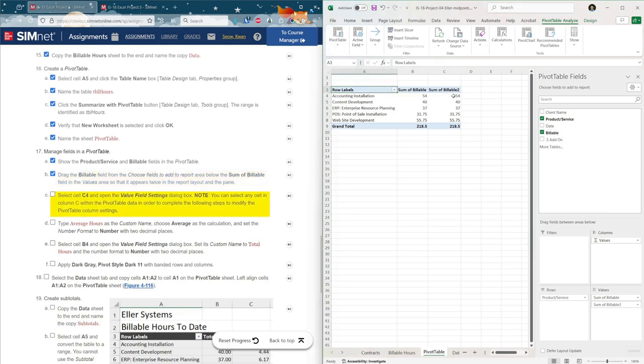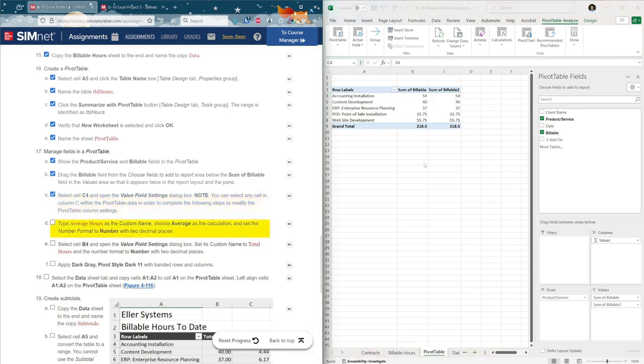Select cell C4 or anywhere in here. Let's see here. Yeah, it's kind of wordy there, but it's to say you can select anywhere in C4. Type in the average hours as the custom name and choose average as the calculation. So what that means is, let's see here. I believe it's for the second one. So for the second one,